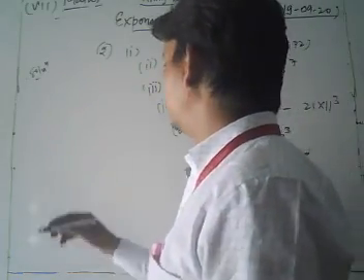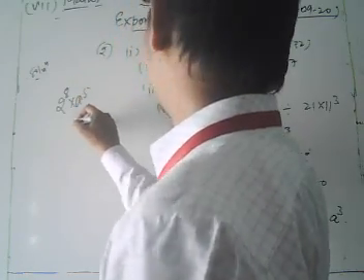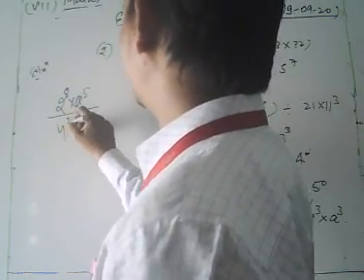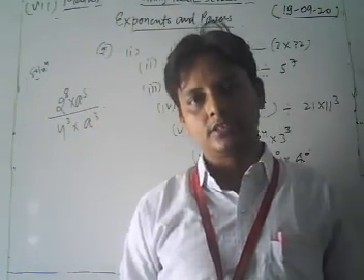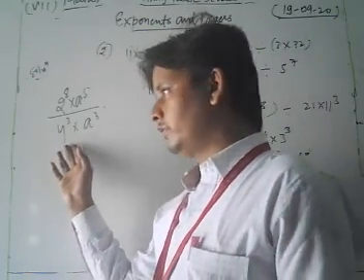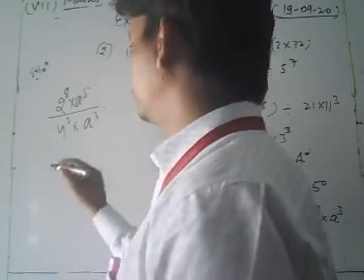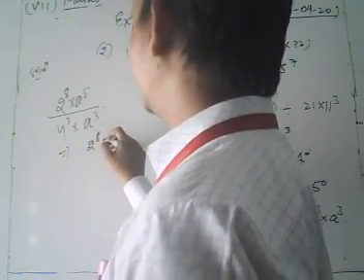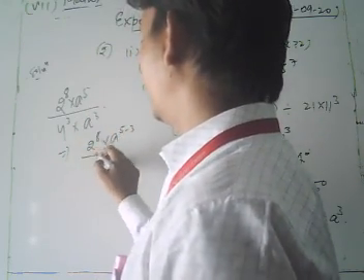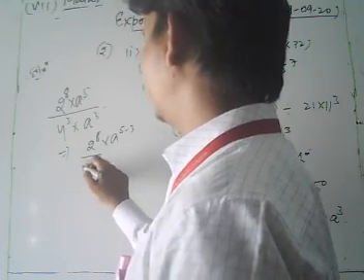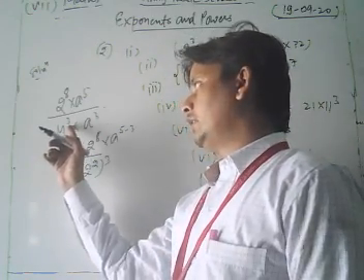Look, the last part of this question is 2 power 8 into 8 to the power 5 divided by 4 to the power 3 into 8 to the power 3. Dear students, in this type of question, first we convert the base 4 as a base of 2. So first we write 2 power 8 into 8 to the power 5 upon 8 to the power 3. So we get 8 to the power 5 minus 3, upon we write 4 as 2 square to whole power 3. Okay, we write 4 as 2 square and we write 3 as it is.